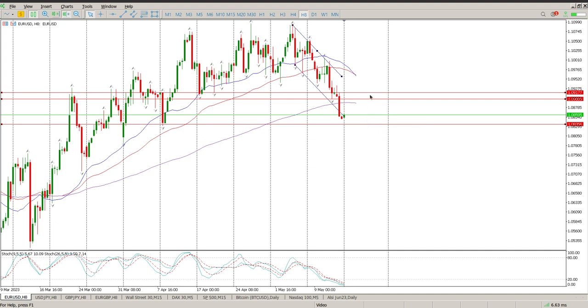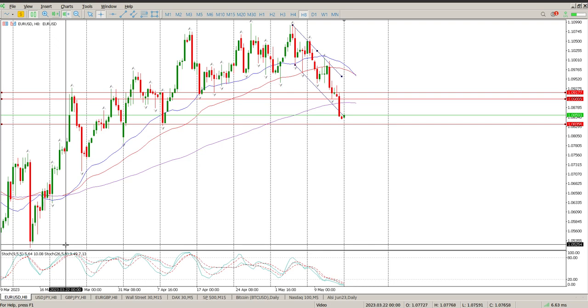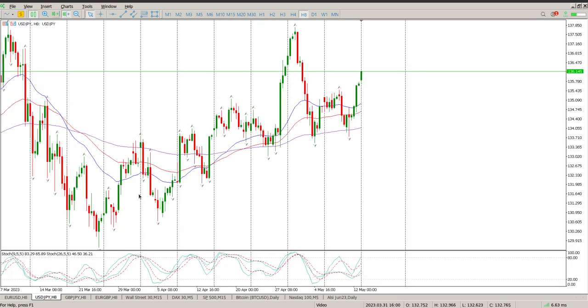So you're looking for a pullback to 109, and then you're looking for a target of 108.356, and your stop is going to be above this pin bar that you see here, which is going to be in the region of 109.385. Moving on to US dollar Japanese yen,